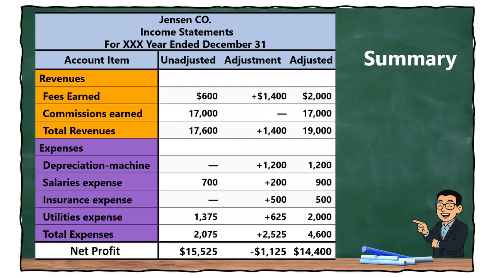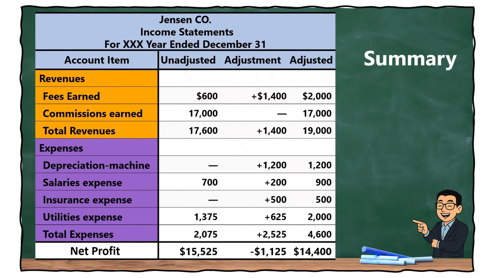That brings total expenses up to $4,600. As a result, net profit decreased from the unadjusted $15,525 to an adjusted amount of $14,400. This shows how adjusting entries make sure revenues and expenses are stated correctly, giving us a more accurate picture